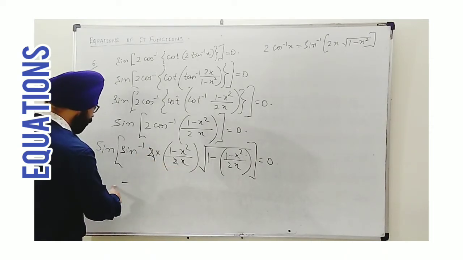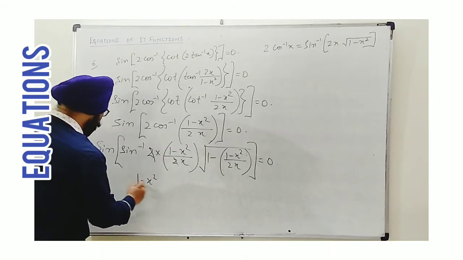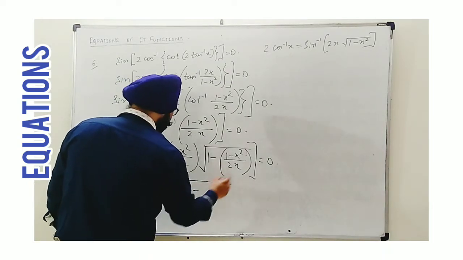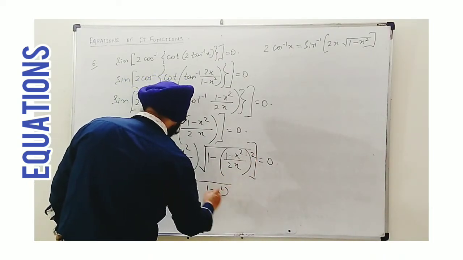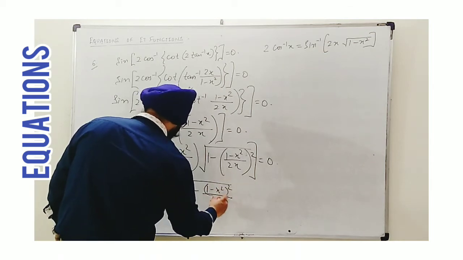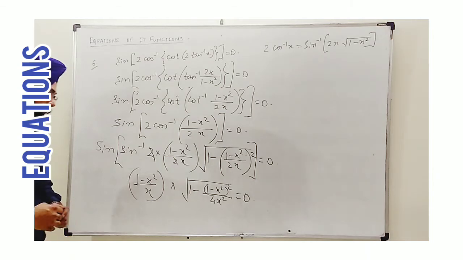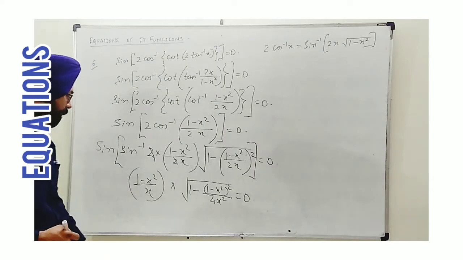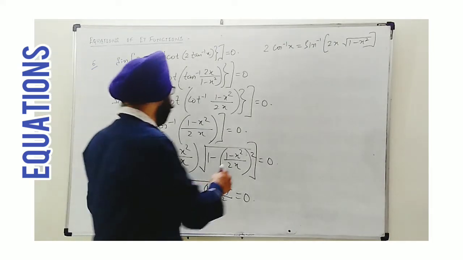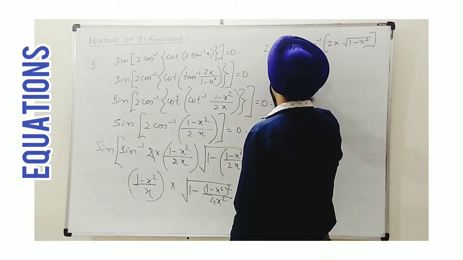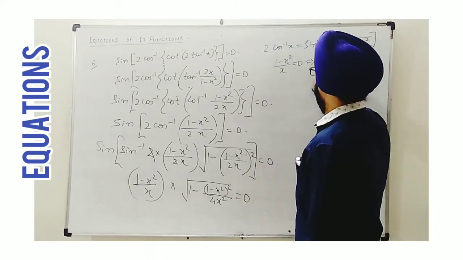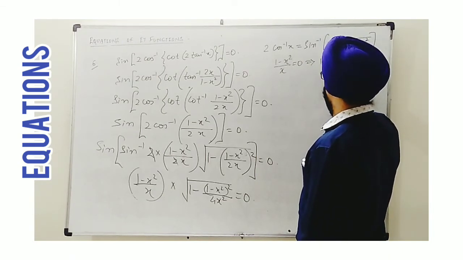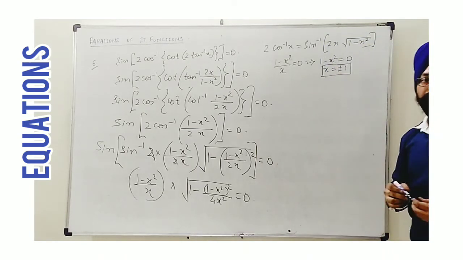What expression? It's 2 into this, this 2 also is cancelled out here. So we are left with (1 − x²)/x multiplied by √(1 − ((1 − x²)²/4x²)) equal to 0. Now by the rules, as you know, if two values have a product of 0, surely one of them will be 0. So taking the first one as 0, (1 − x²)/x = 0, this implies 1 − x² becomes x into 0, which turns 0, and then we have x = ±1. One pair of solutions we have obtained.